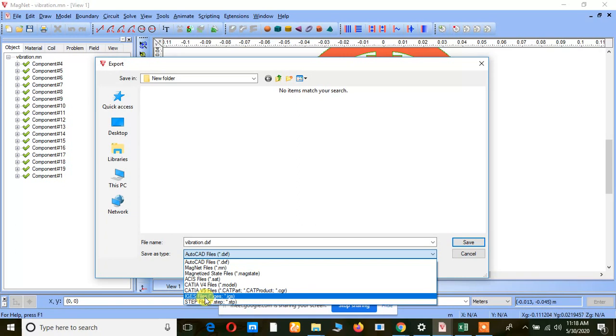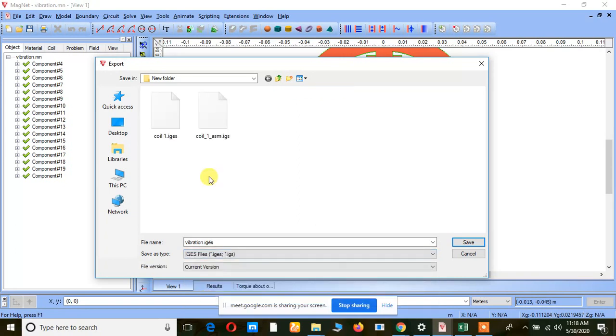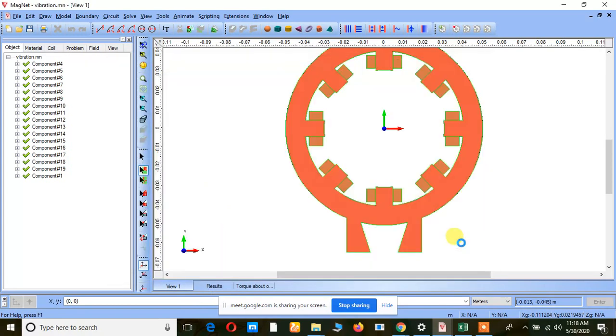So I am going to convert in the form of IGS, right? After converting in the form of IGS, just save this file. Right? So after saving, I want to go to another package, right?